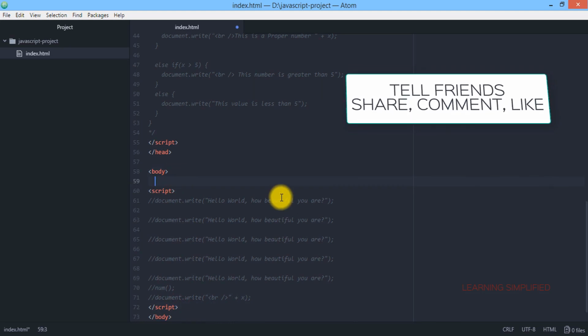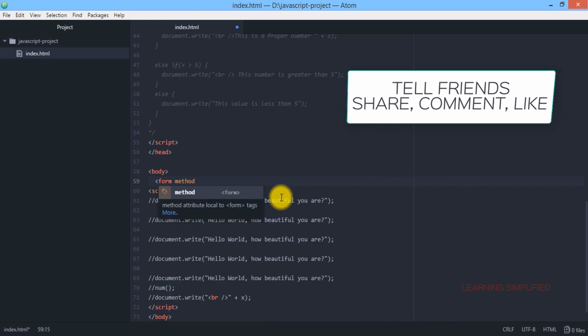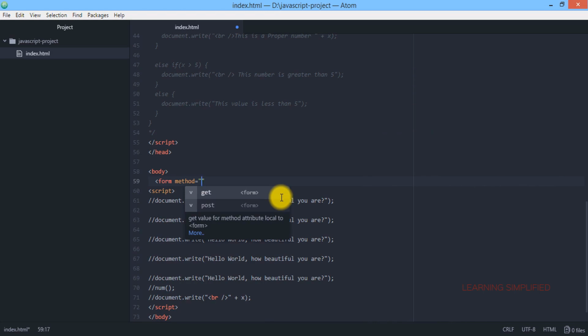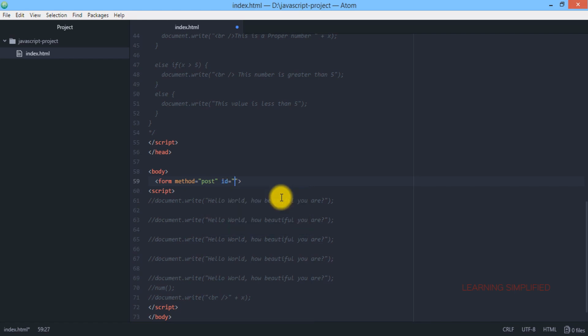As we have mentioned previously, always put the form posting method, which is get or post. We'll be preferring the post form input, because it is always secured, and we will be creating an ID.